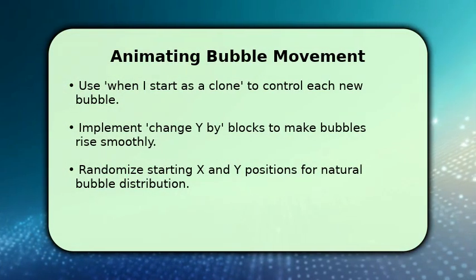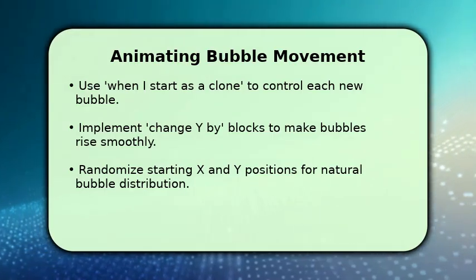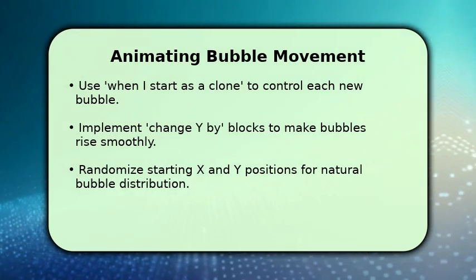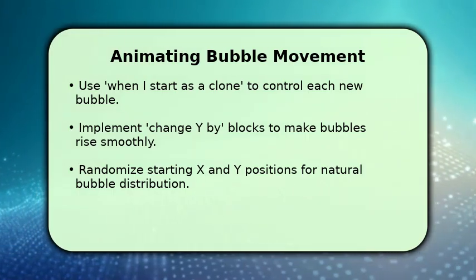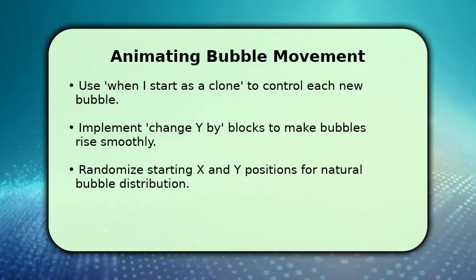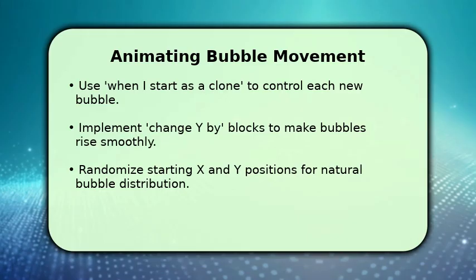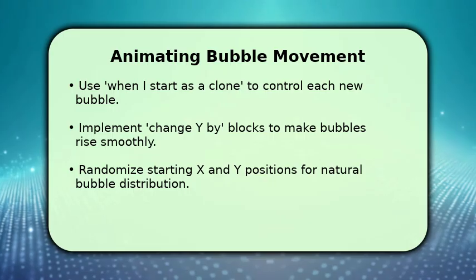Now let's animate the bubbles. When a clone starts, make it show itself. Use a repeat until loop with a change Y by block, like changing Y by 3 to make the bubble float upwards. Simultaneously, gradually increase its ghost effect by 5 to make it fade. Randomize the bubbles' starting X and Y positions to ensure they appear across the screen, then delete the clone when